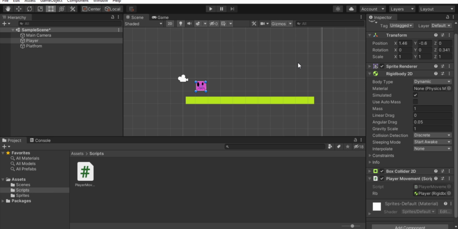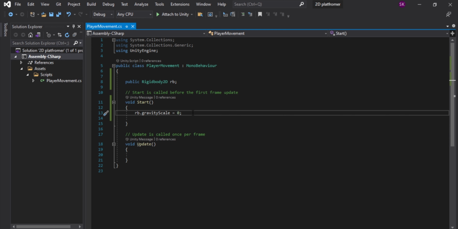So what we did is edit a tiny portion. We can do anything we want. Let's say we wanted to add force to this object. So let's go back to Visual Studio and type rb.addForce and open a parenthesis, and it will automatically close one, and end that line with a semicolon.